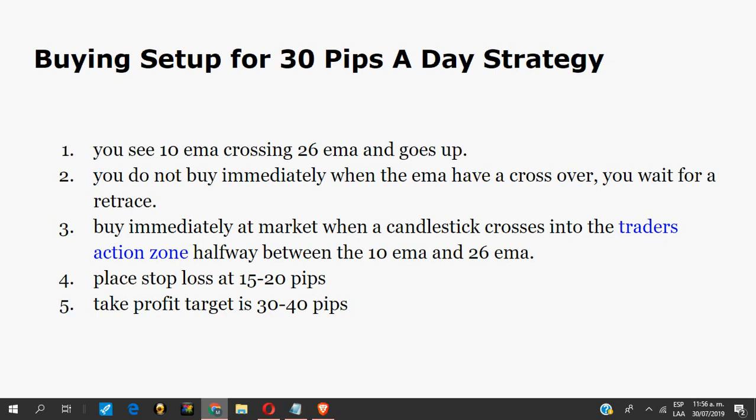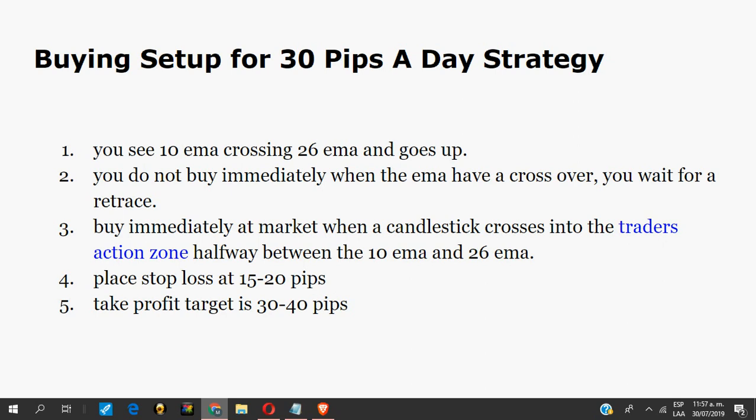retrace. Buy immediately at market when a candlestick crosses into the trader's action zone, halfway between the 10 EMA and the 26 EMA. And you should place your stop loss at 15 or 20 pips, and your take profit target is between 30